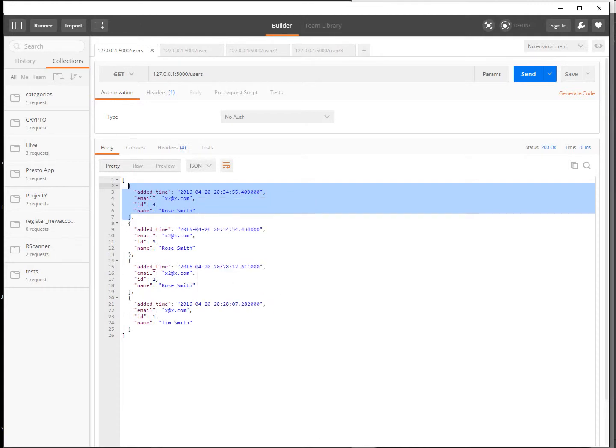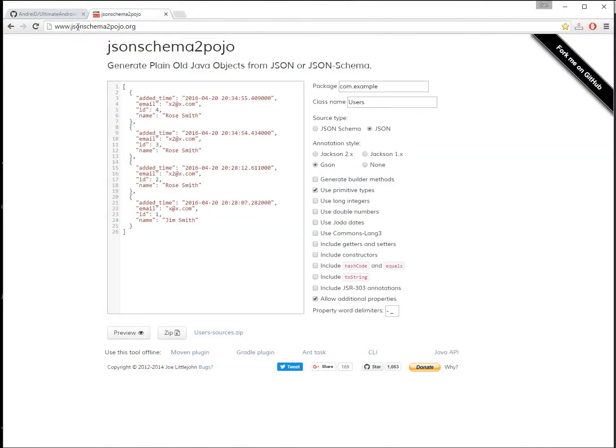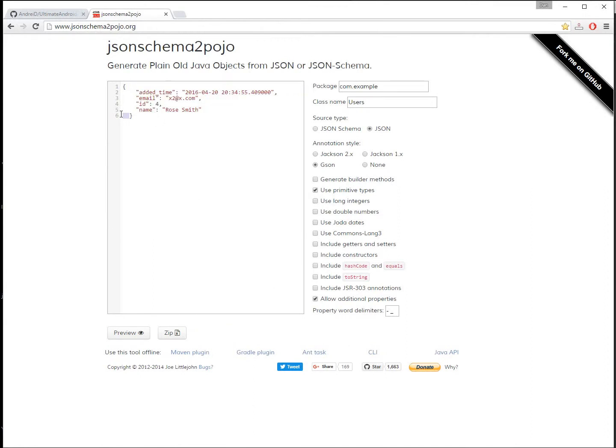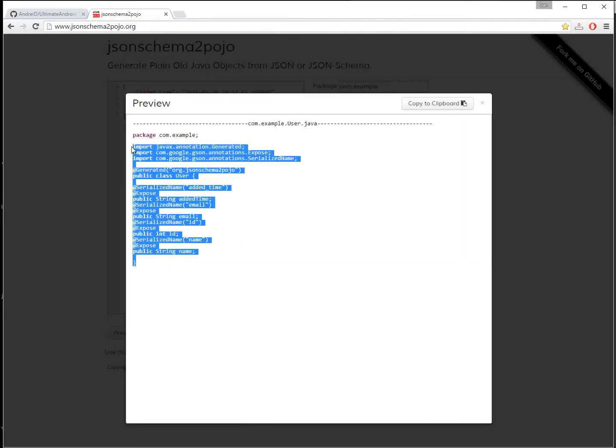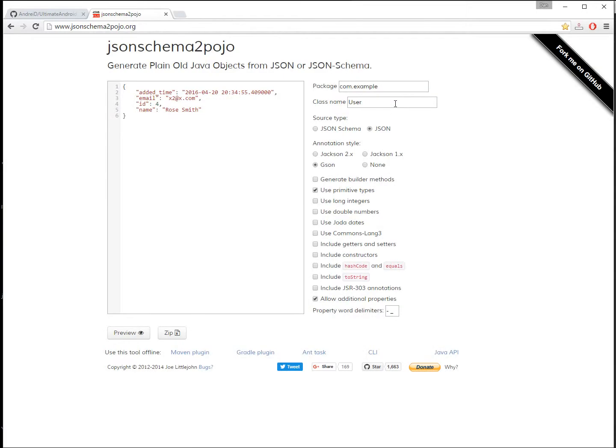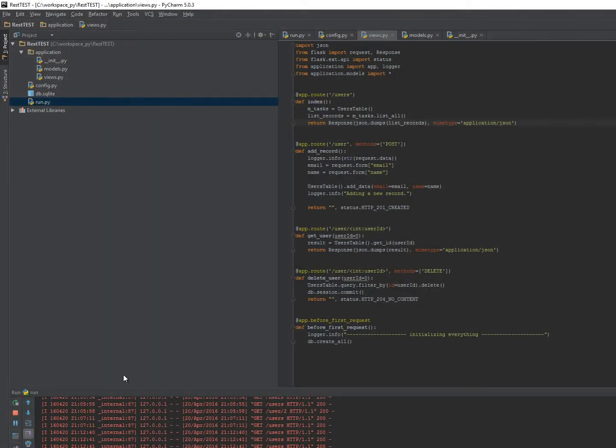lots of stuff here is to go to JSON schema to Pojo, paste here your code, and let's say I want to name my class User, doesn't matter the package name. Select JSON, and use primitive types, allow additional properties. You only need this. Click generate, and it will generate for you a class with the name User, and we are going to